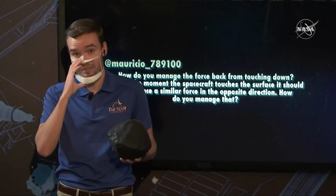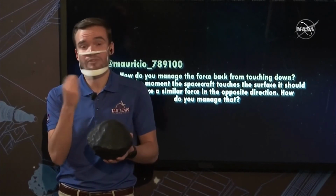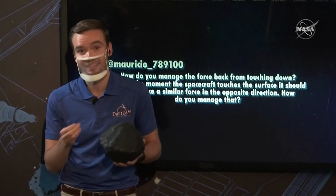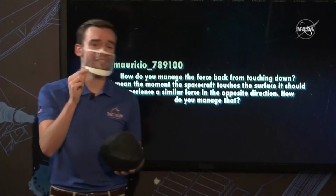The same exact thing applies to OSIRIS-REx. We continue moving downward, and when we fire the gas bottles, that actually slows our downward motion, giving us just enough time at the surface, on the order of maybe 10 seconds, to stir up a sample before we kick right back off into space. So if you actually want to see what the tag event is going to look like